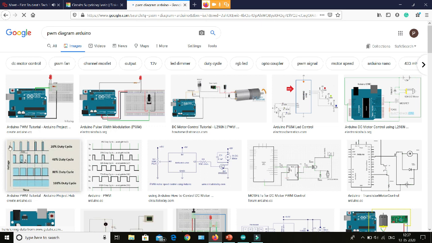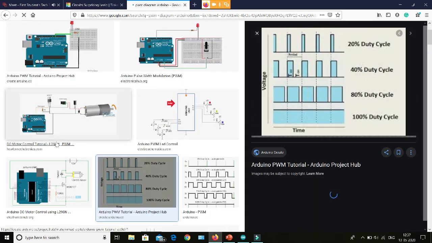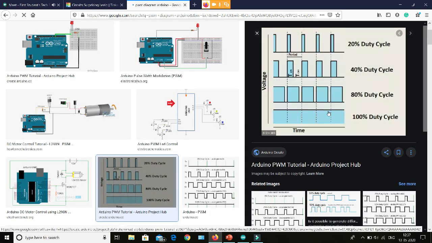The time of turning on and turning off decides the duty cycle of the PWM signal. As you can see, in the 20% duty cycle, the off time is more and the on time is less. In the 40% duty cycle, the on time is 40% and the off time is 60%. In the same way, the 100% and 80% duty cycles are there.